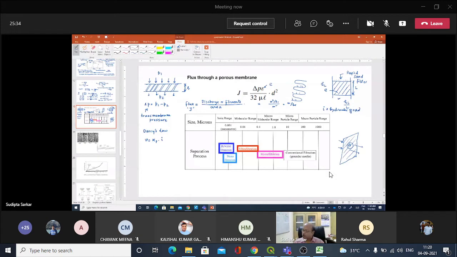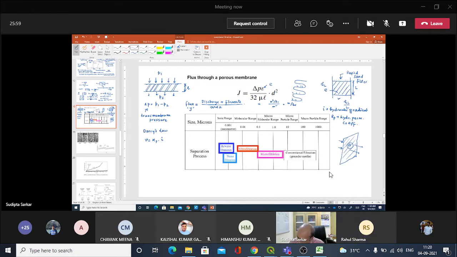Okay, and coefficient Kp is the hydraulic permeability coefficient. Okay, and then let us write delta. So here,